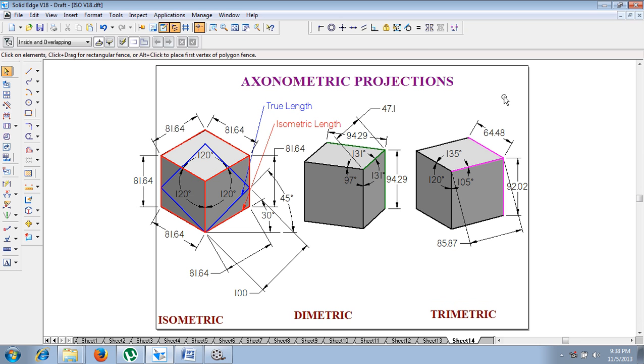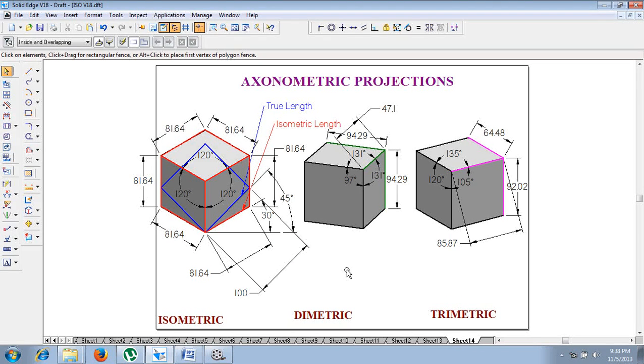Now here we have three subclassifications of axonometric projections, namely isometric projection, dimetric projection and trimetric projection. In case of isometric projection, all the values will be reduced to equal length. That is, each and every edge of a cube will be reduced to equal length. Now you can see whatever edge you measure, it is going to give us the equal value, that is